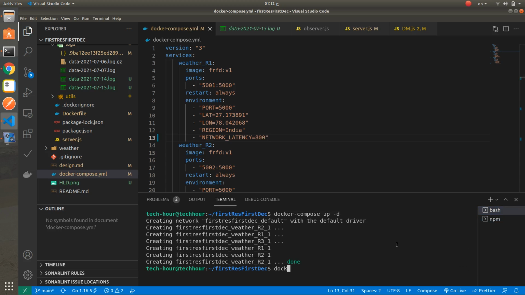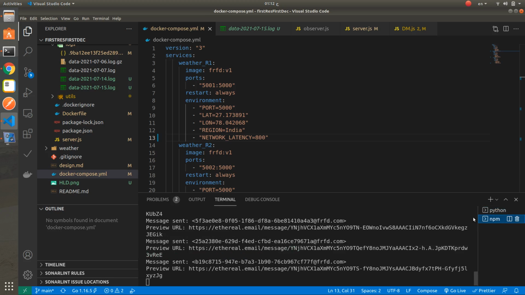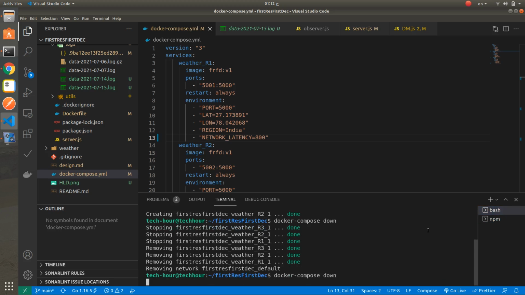We will run docker compose down, then up again.